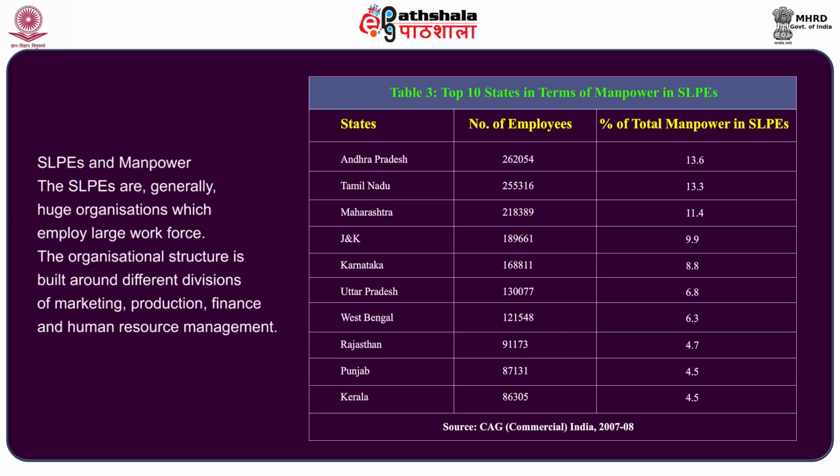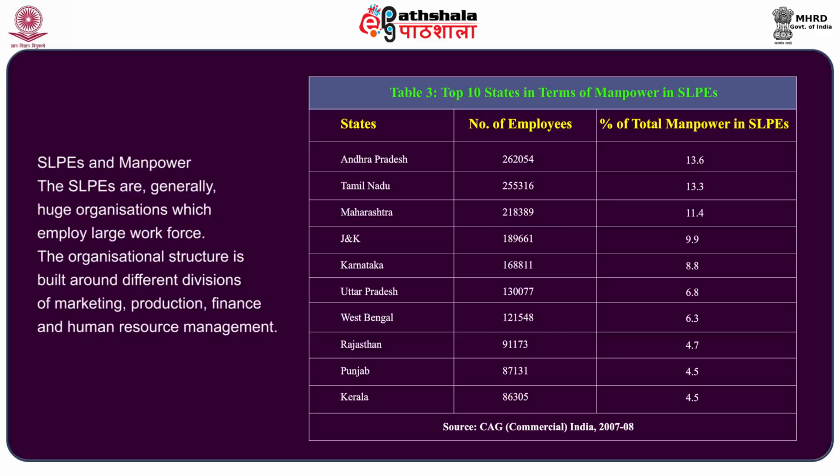Andhra Pradesh topped the list of top 10 states in terms of manpower. It ranked first in turnover and third in investment in the SLPs. Tamil Nadu occupies second place in the percentage of total manpower in the SLPs, contributing 13%. Maharashtra is followed by 11%, Jammu and Kashmir 9.9%, Karnataka 8.8%, Uttar Pradesh 6.8%, West Bengal 6.3%, Rajasthan 4.7%, Punjab